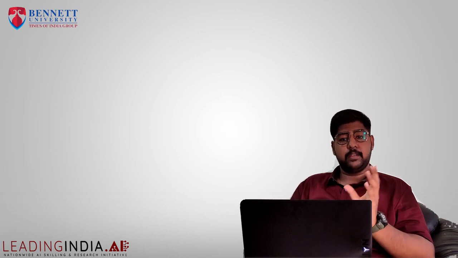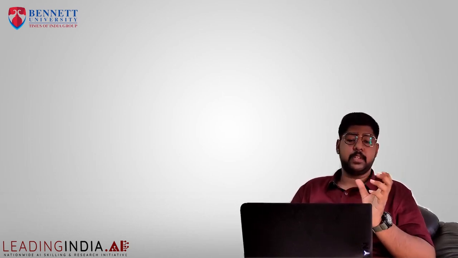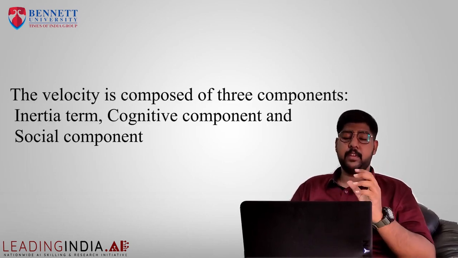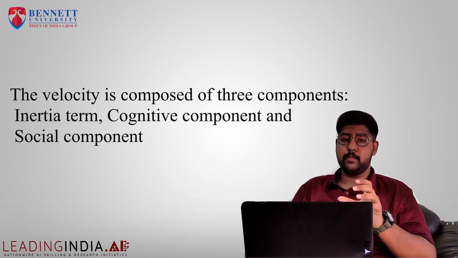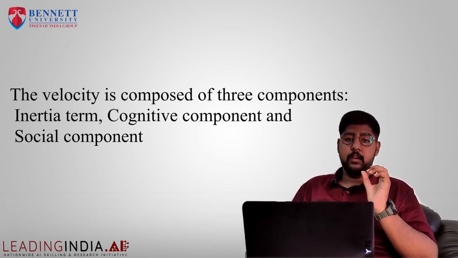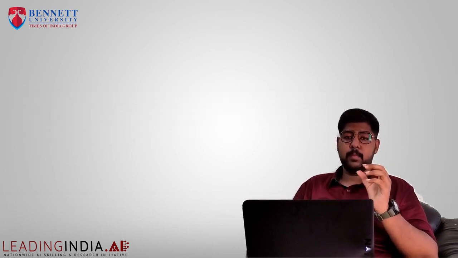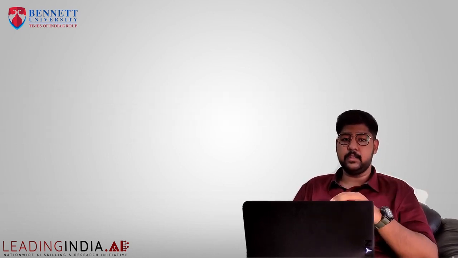In PSO, the potential solutions called particles fly through the problem space with certain velocity by following current optimum particles. The velocity and convergence rate are all decided by factors like inertia weights, acceleration coefficients, which are termed C1 and C2, and global best and local or personal best. The fitness value which is calculated for each individual particle is stored in the vector called P-best. And the global best, which is the global optimal solution for every particle, is stored in global best.